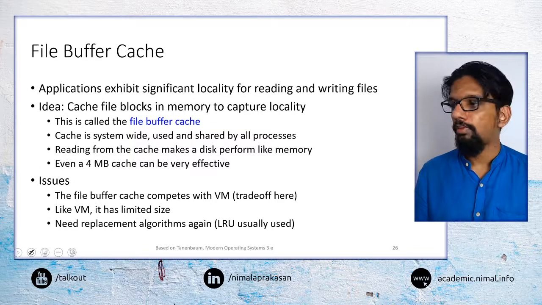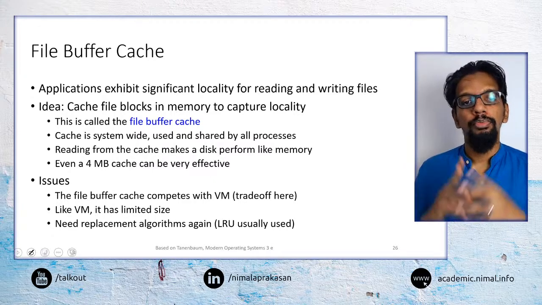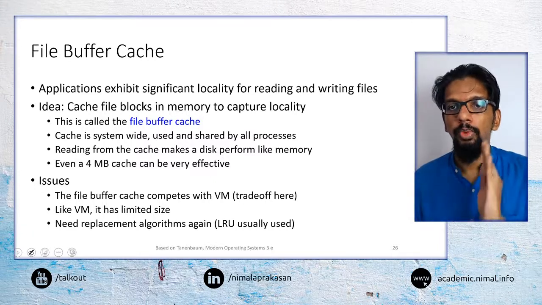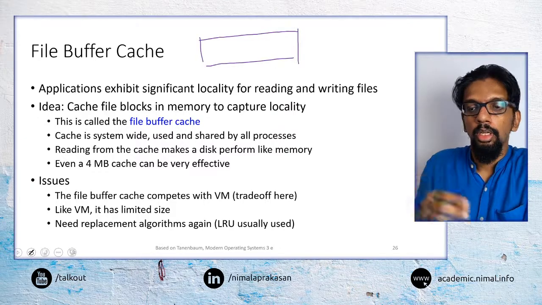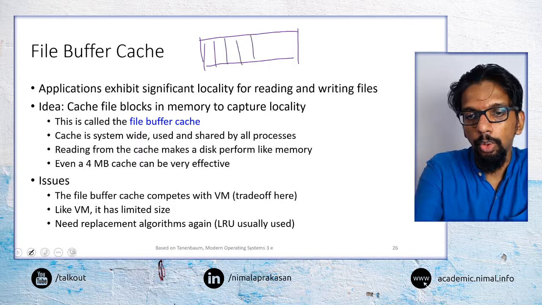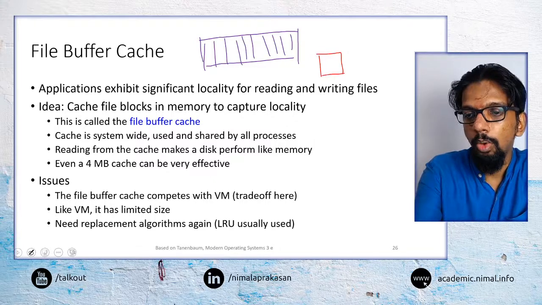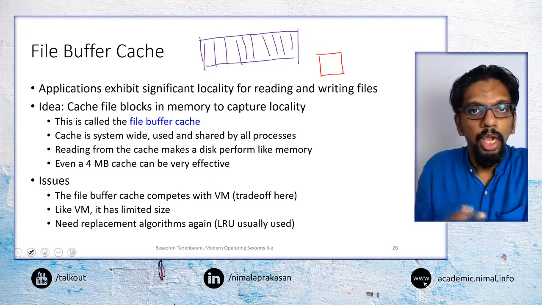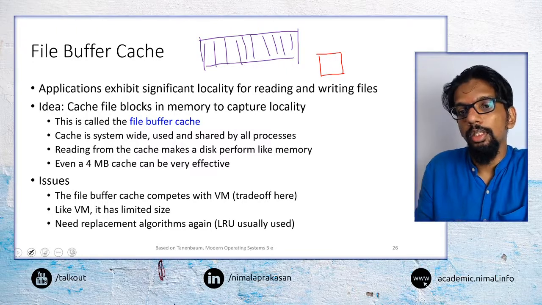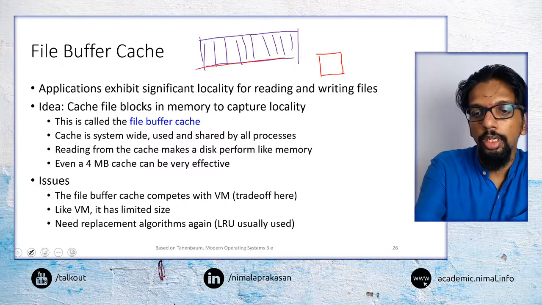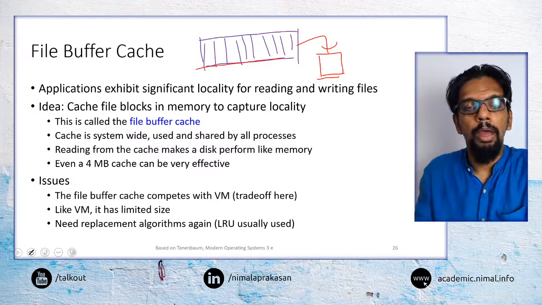And one of the other things that we may come across in many file systems is what we call as file buffer cache. So what we mean by that is, we may have an additional storage medium. So if this is the actual storage medium, we may have another small storage place. Maybe that is faster to access, much closer to the computer, maybe a different storage technology, like this may be slower technology and this may be faster technology, and we would call this a file buffer cache.